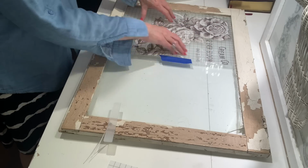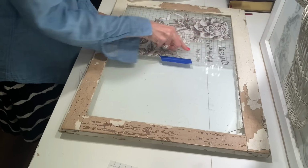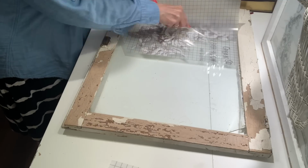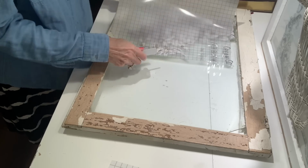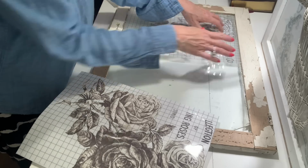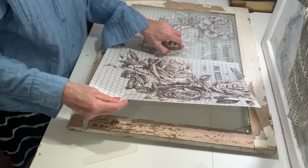I always like to use some painter's tape to hold my design in place. You just remove the backing, and with the transfer stick, you just go around the whole transfer until you get it applied to the glass. These transfers apply to glass really well, but like I mentioned, make sure to clean your glass really good before you get started. Now I'm just going to put that clear sheet back on the first design that I've applied